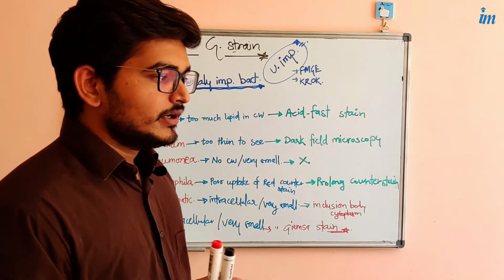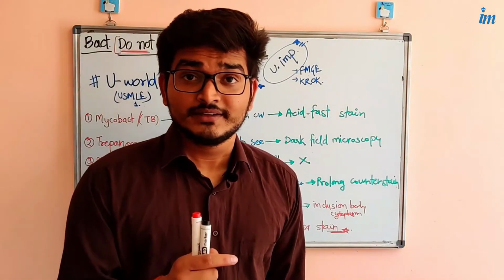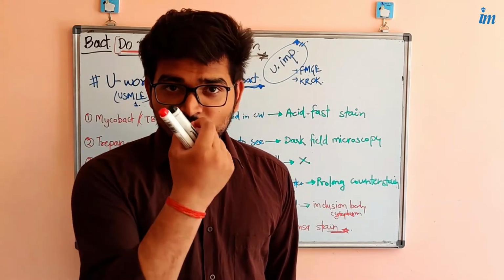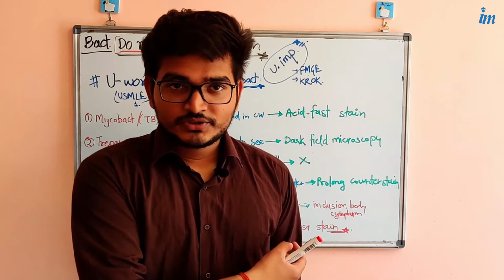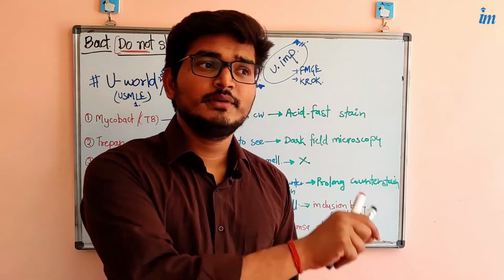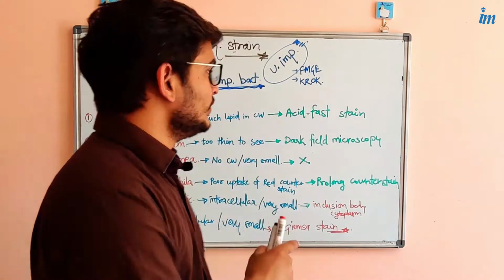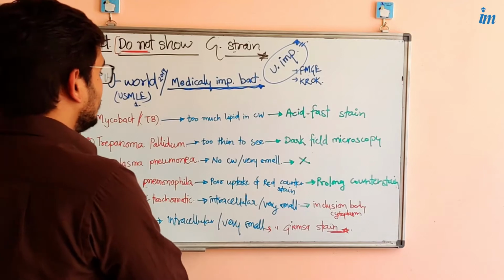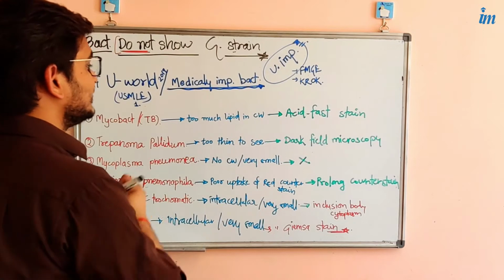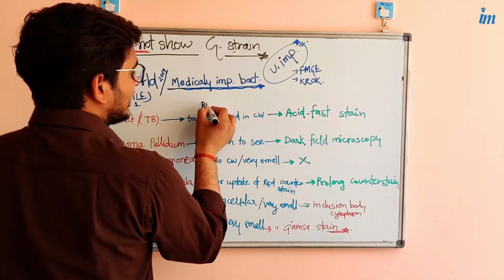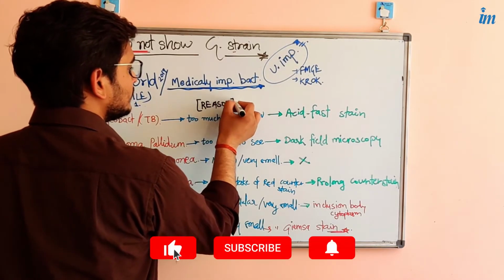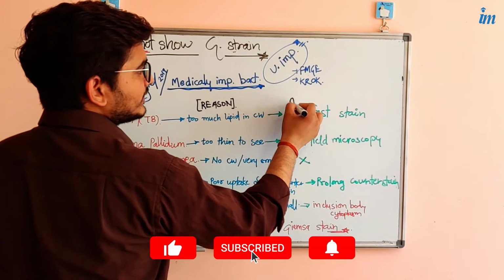One thing I would again request you to keep in mind is that tuberculosis is not only a disease that can be caused in the lungs. Tuberculosis infection can also occur in muscular tissue and other organs of the body. So don't be confused that TB only occurs with a coughing patient. Here, Mycobacterium tuberculosis, or the Mycobacterial family, does not show the Gram stain, and I have mentioned the reason here, and here is the alternative path.